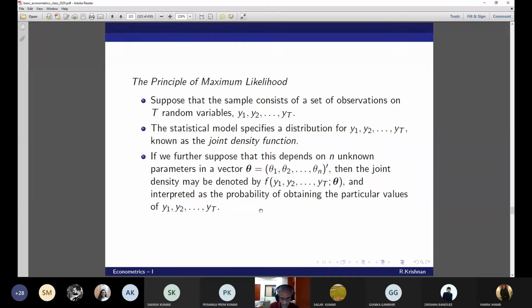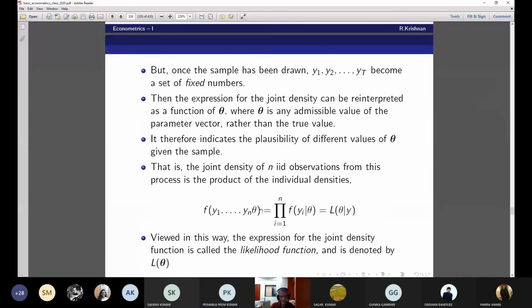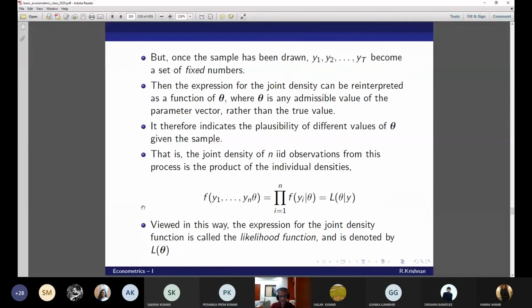This answers your question. I am going to try this density function for various values of theta, evaluating this density function for various values of theta. For that theta whose probability is maximum, I'll say this is the theta value that gave rise to this particular sample. Am I right? But where will it end and where will it begin? That is the reason I'm coming to an example later. I'll ask you more questions.